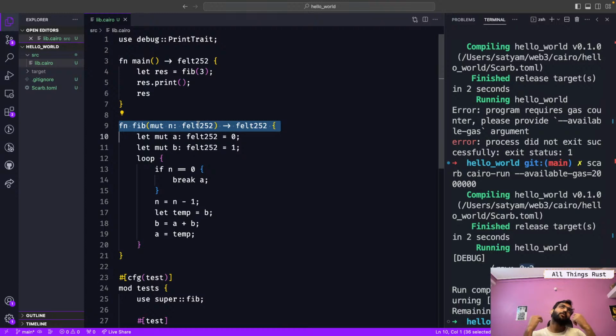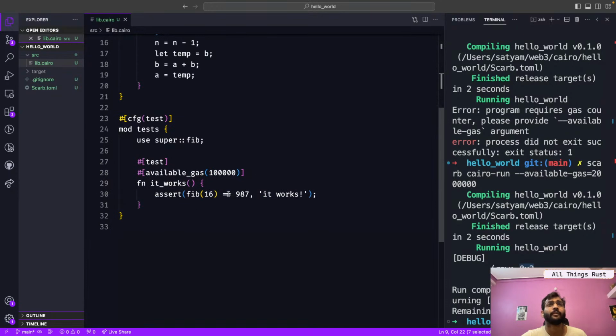A field element is a number between 0 and a very large prime number, which is really large, like 2 to the power 251 or something, I don't know. You can read more about field elements on Google.